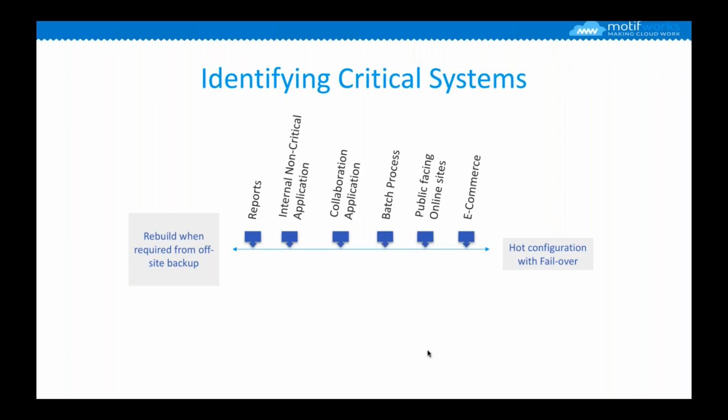If you look at this slide, going from left to right, depending on the complexity of your application, you may find that some of the applications you can just rebuild from the backup. So for instance, you have reports. You have a database that populates those reports. And you know that if that application goes down, it is something you can wait on. You can recover, rebuild, and then reuse it.